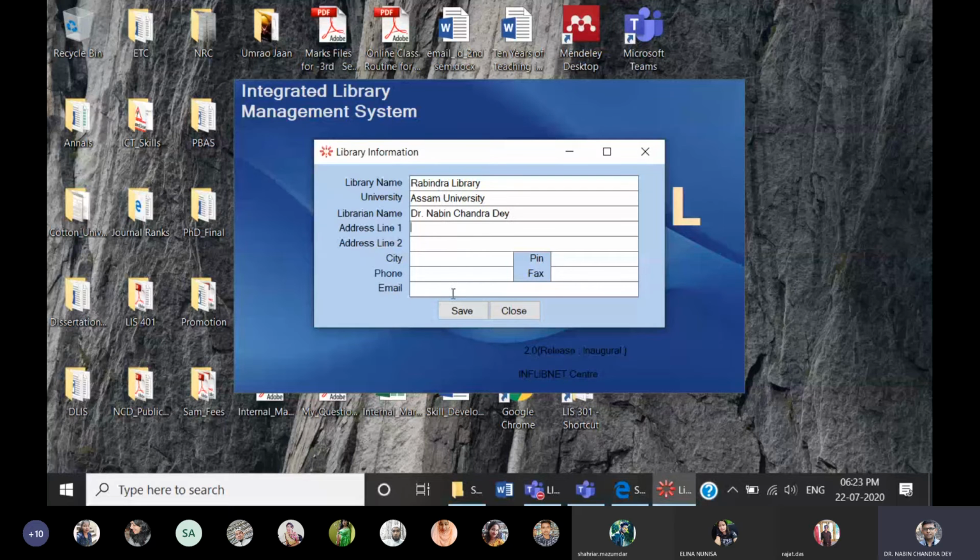You can give the address, Borgakona. Address 2 is not required. City is Silchar. PIN number you can give, 788011. Phone number you can give, 12345678910. I have just given it by default. My own phone number I can give, no issues. Email also I'm giving my own email ID.